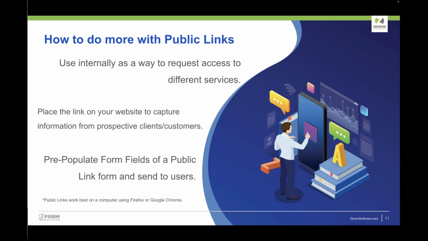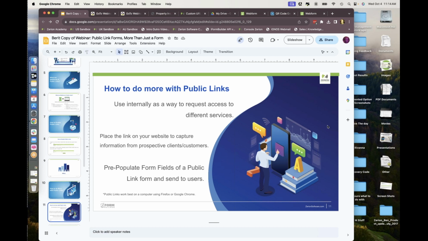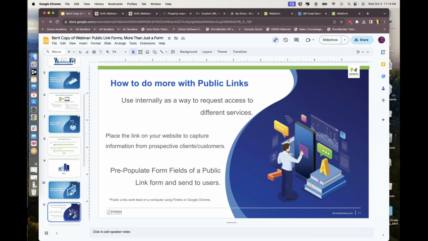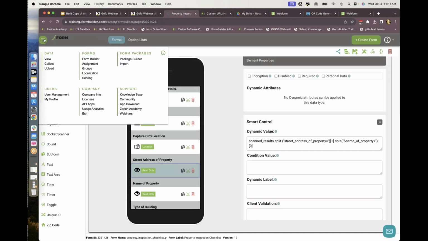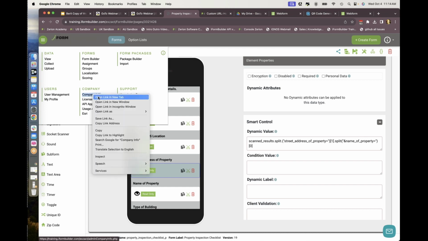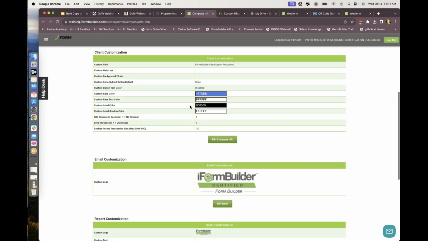So let me jump out of the slides here, and we're going to go into my dedicated database, training.iformbuilder.com. Just bear with me here. Let me make this a little bit bigger. The first thing I wanted to show you is right now I am logged in as a company admin. And if I go under company info and I scroll down,